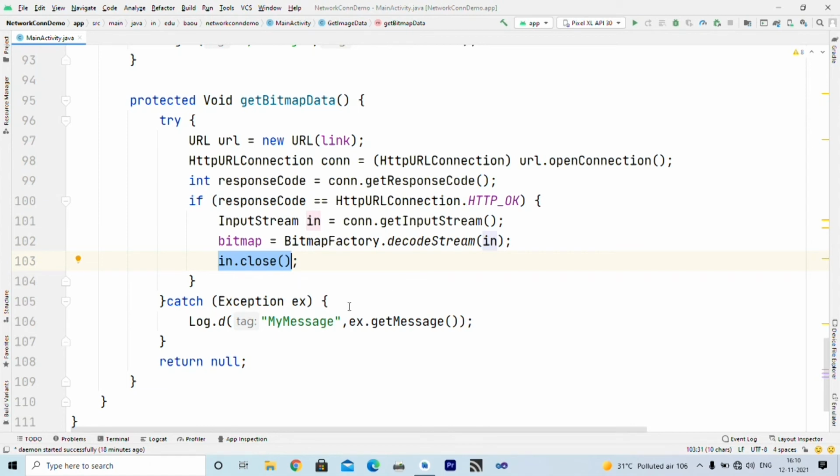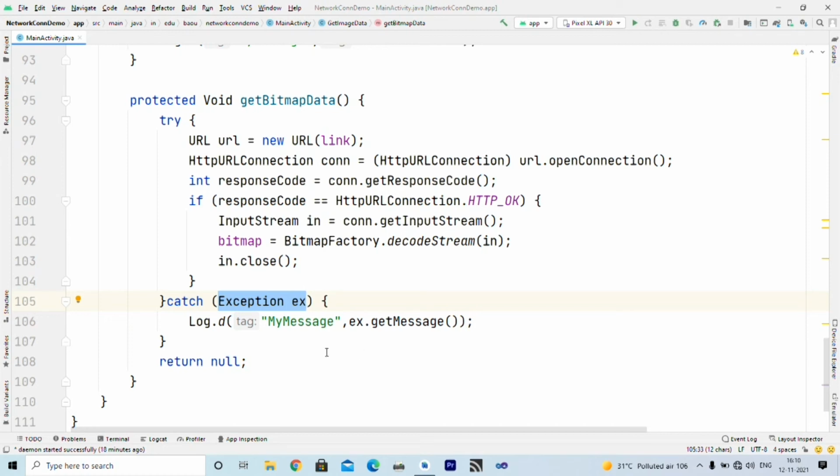And remember, these links should refer to image files only, otherwise BitmapFactory.decodeStream cannot convert them into a bitmap. In that case it may throw an exception, right?